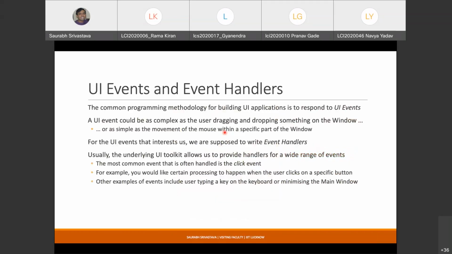Now, whenever you are going to build UIs, one of the things you will have to know is that the model of programming in UI is different. It's basically event based programming. Why? Because when you build a graphical user application, different UI elements need to have different behavior. For example, if I click on a button, some processing should happen. When I type something in a text box, I probably expect some suggestions for auto filling.